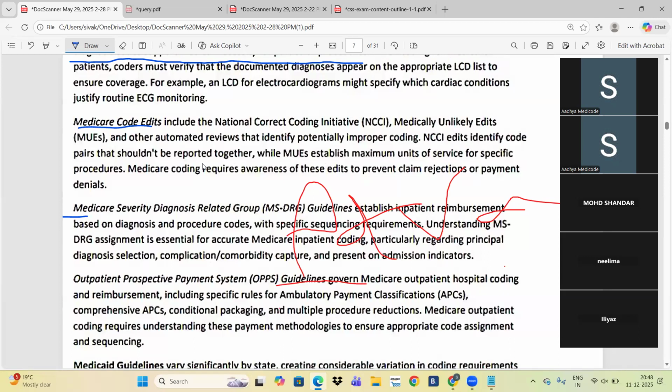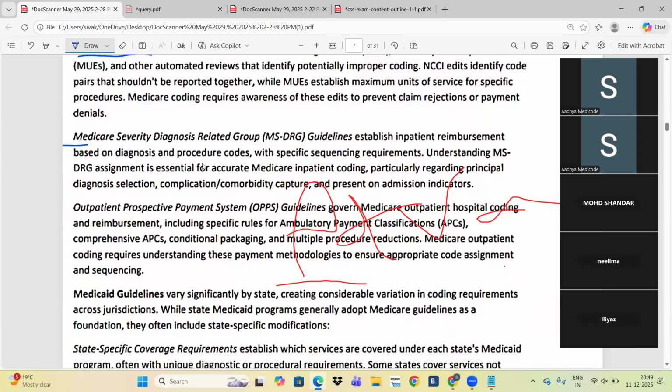Okay, sir. Software automatically suggests everything. NCCI edits, MUE edits automatically pop up. If you are adding any bundling procedures, it will automatically pop up. What tool helps with these pop-ups? Medicare code editor. Okay, Medicare code editor. You will get one software tool that automatically suggests all the edits based on this Medicare code editor while working. We don't need to check this MUE and NCCI; all of it will automatically pop up.